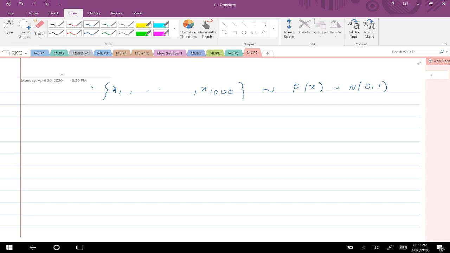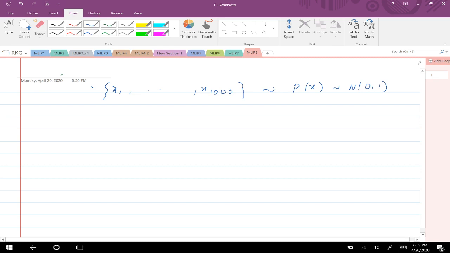Say, assume that I initially know that I have a Gaussian distribution at my hand and generate 1000 samples out of this Gaussian distribution. Then these 1000 samples speak only some information about the underlying density function of the samples. But if I can capture the underlying density of the samples, then I can generate as many samples as I need.